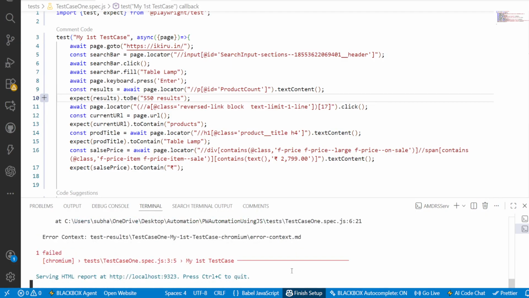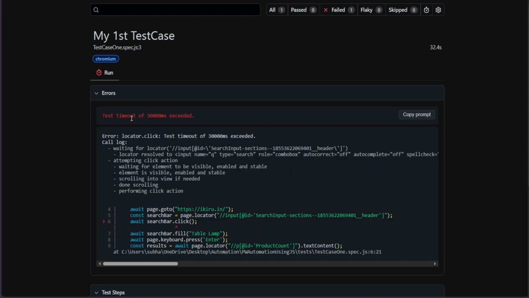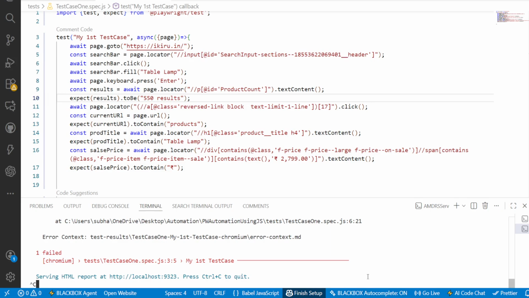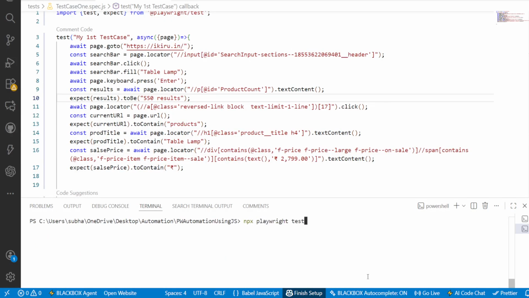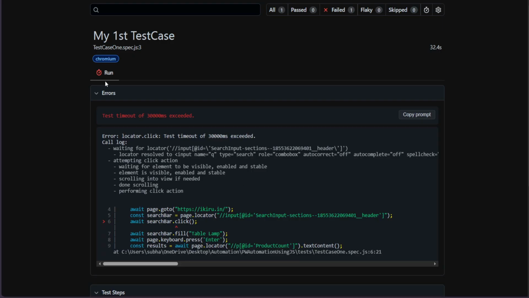Okay, you can see again it is showing some error. Let's see what is the error. Okay, time limit exceeded. Here you see it is showing some error like time limit, timeout exceeded. So if you go to the Playwright documentation,